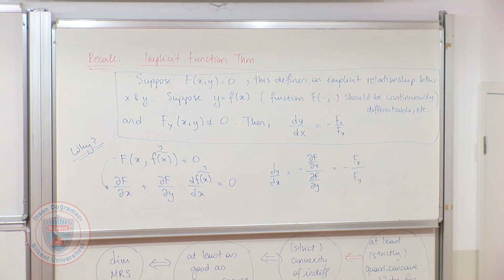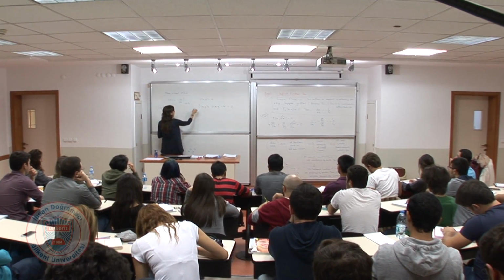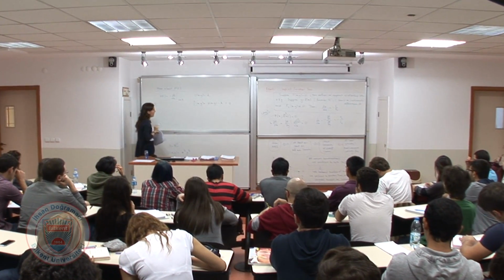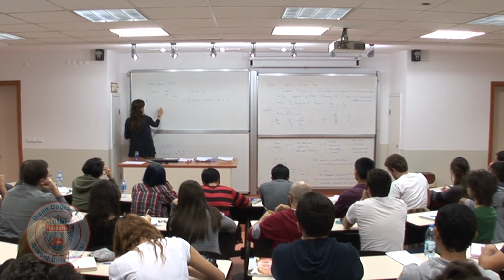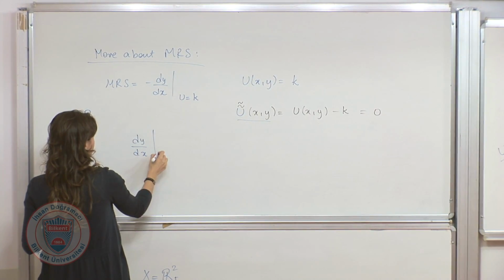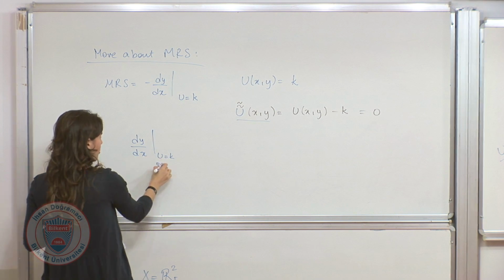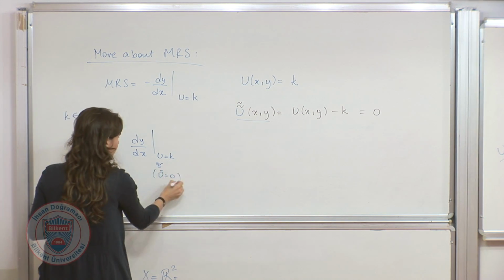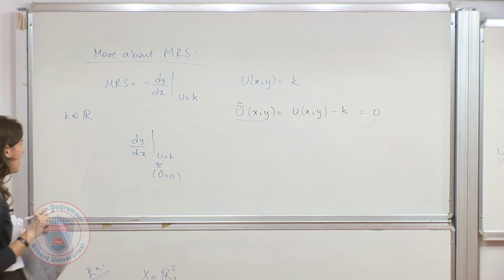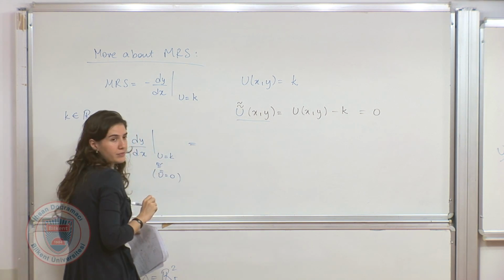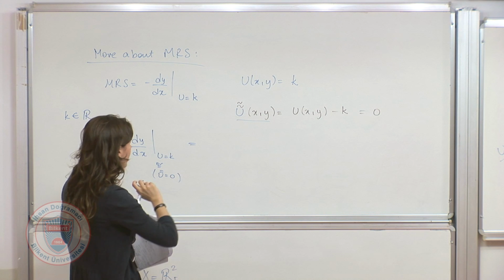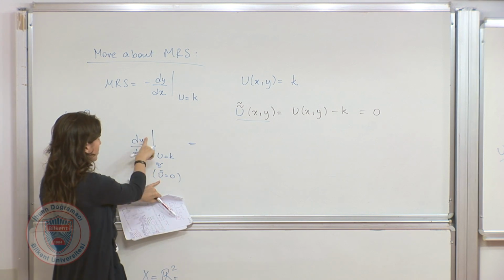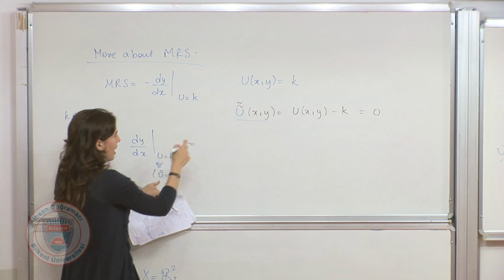So now let's see what we can learn from this. It says that you can apply this here. Remember, this function is equal to 0. If you're interested in dy over dx when u is equal to k, or u double tilde is equal to 0, we said that for a positive monotone transformation, it doesn't matter. So according to this theorem, if I want to get this derivative, you should write